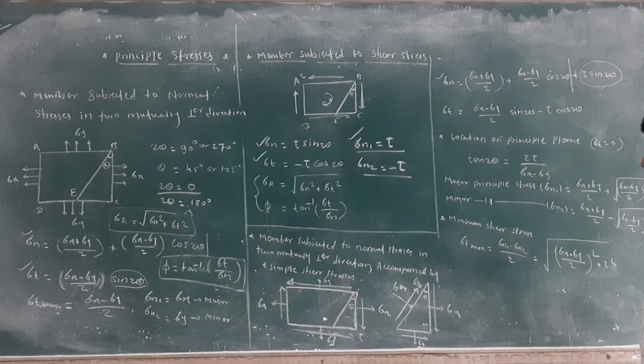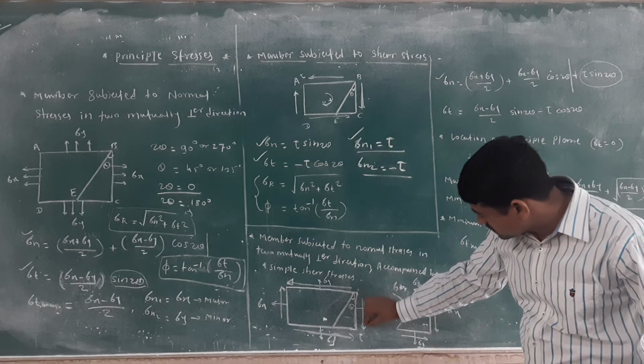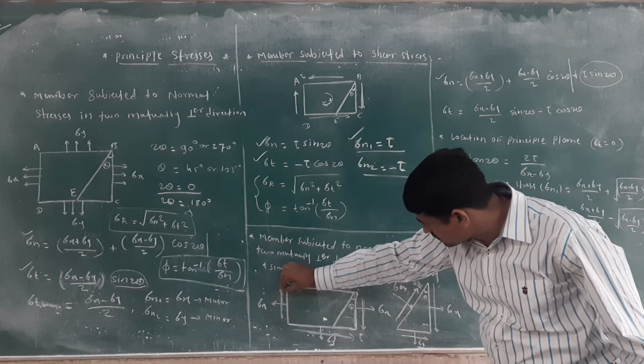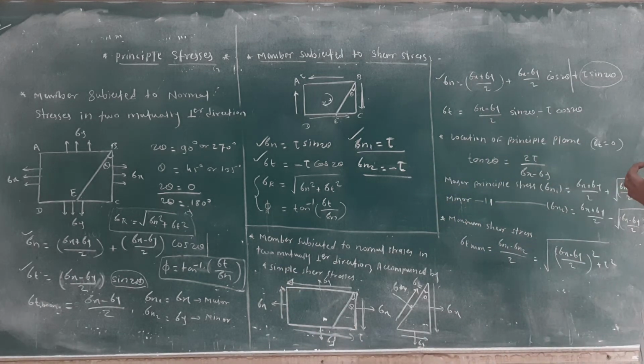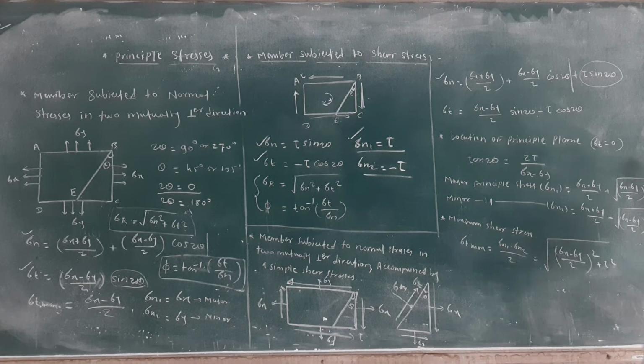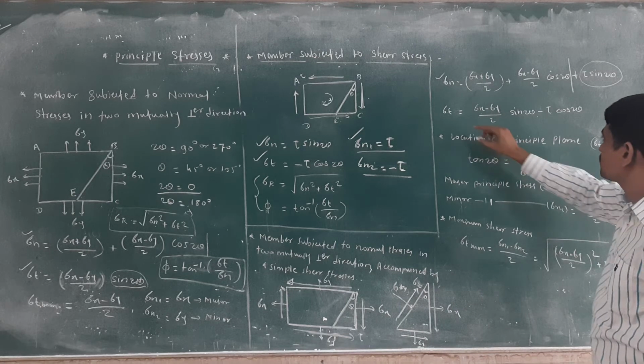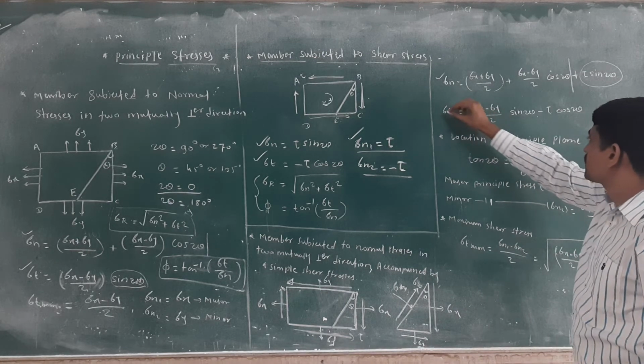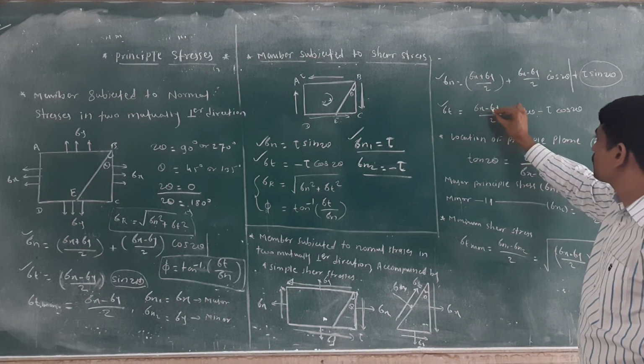Why tau? Because here there is a shear stress. That's why you will get tau into sin 2 theta. Remember that. Then second, also check that sigma t, the tangential stress, is equal to sigma x minus